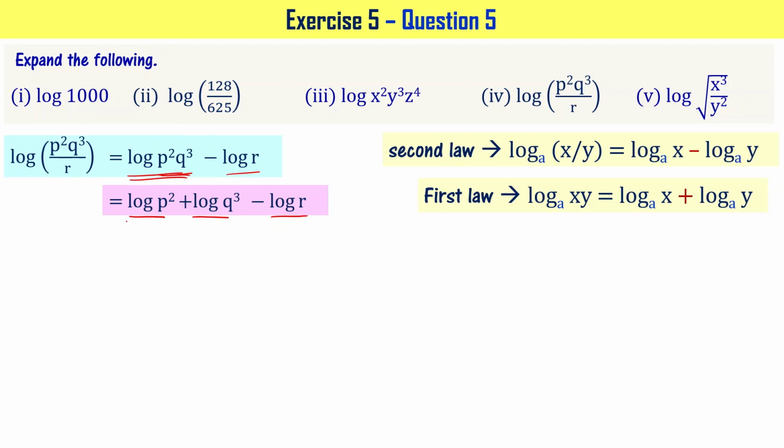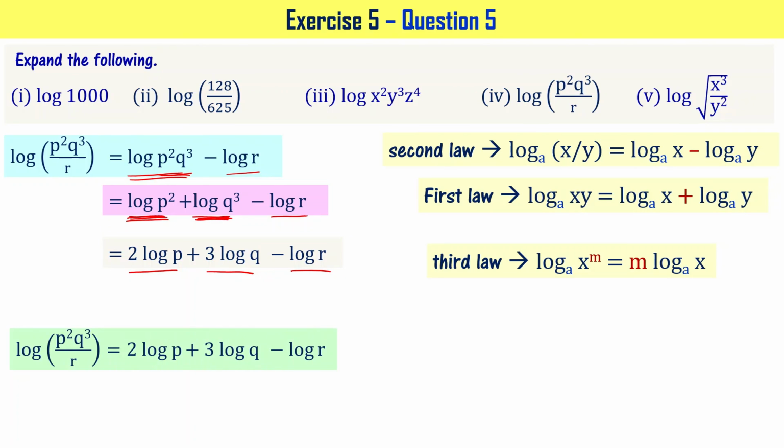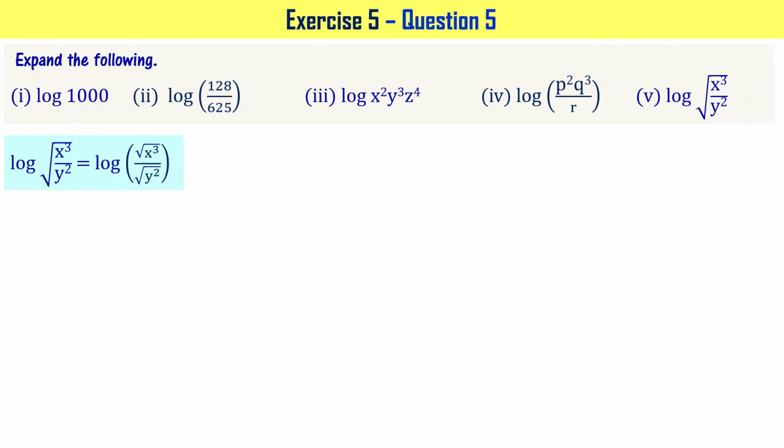Now we can apply third law to this and third law to this, right? When you apply third law to this, it becomes 2 log p. And this one becomes 3 log q. Let's apply third law and simplify so that it can be written as 2 log p plus 3 log q minus log r. So to answer the question, log of p square q cube by r equals 2 log p plus 3 log q minus log r, right? Let's look into the last part of the problem, that is log of square root of x cube by